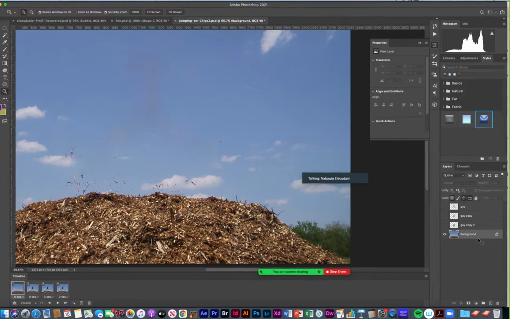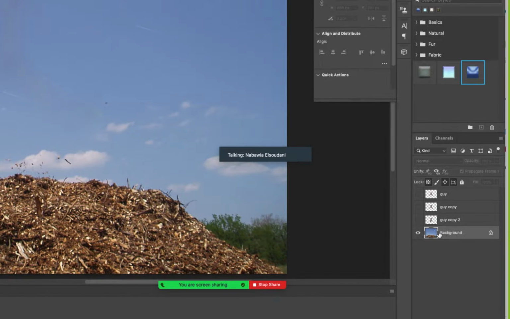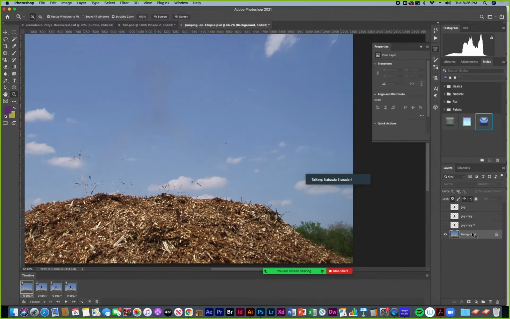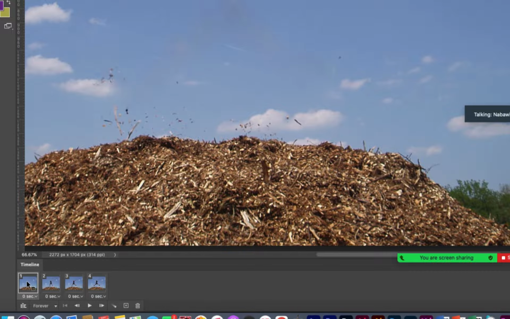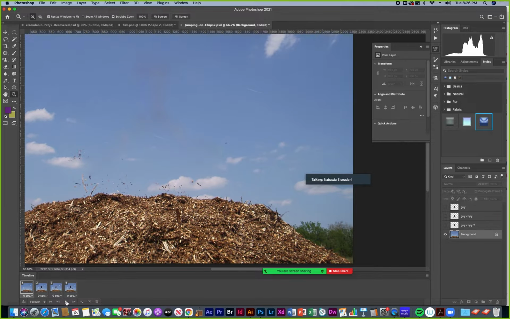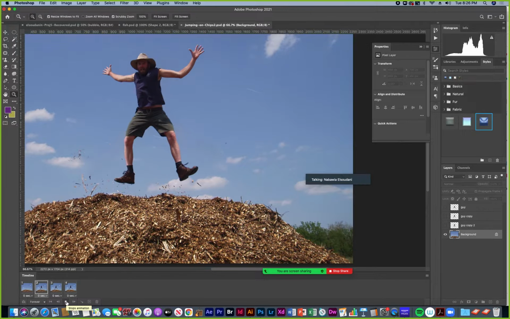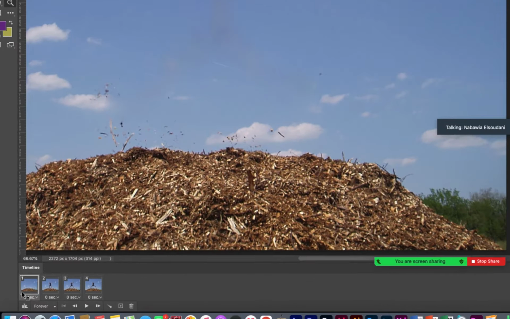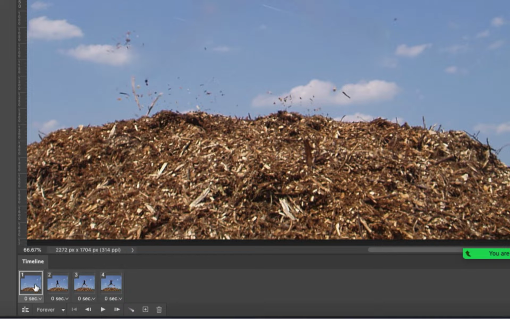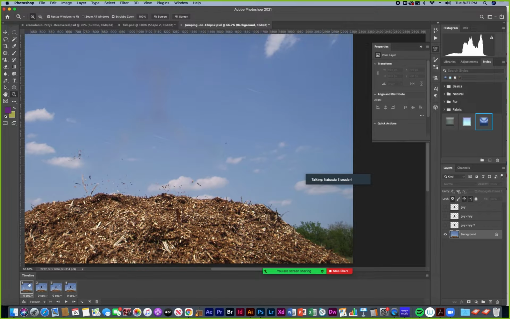So I had to select the layer I want to match across, and also I selected it over here as a frame. And now the background is matching across, but there's a little moment where he disappears because the first frame that's there does not include the guy.